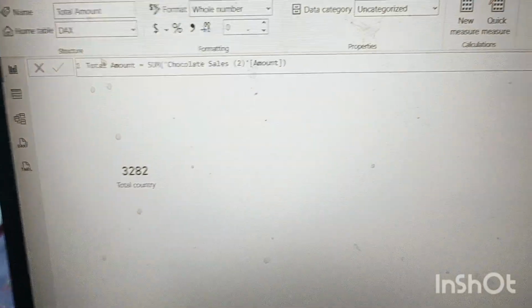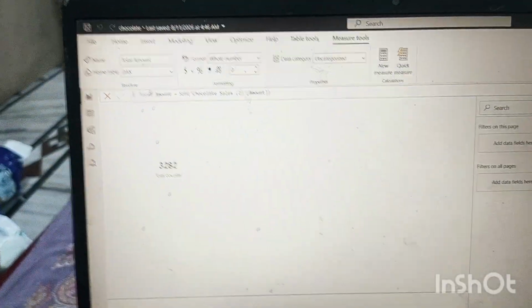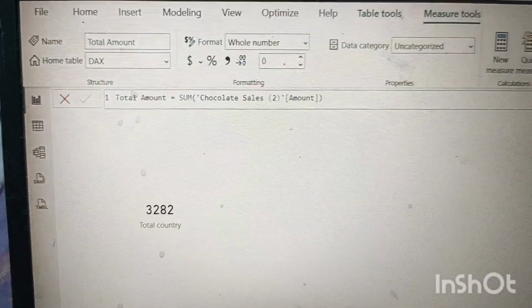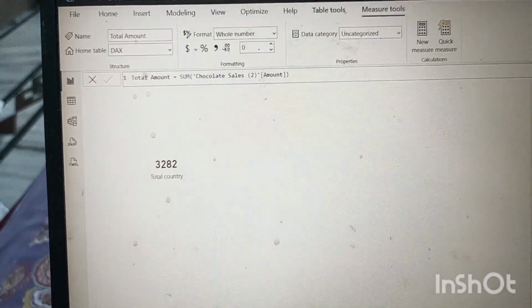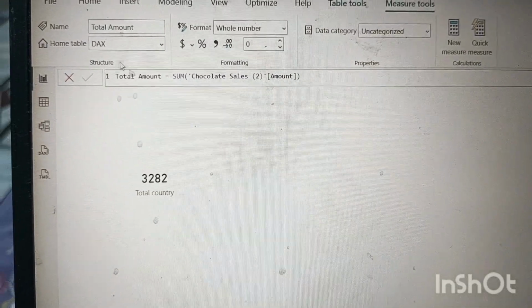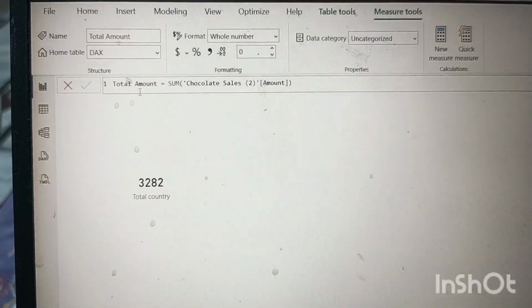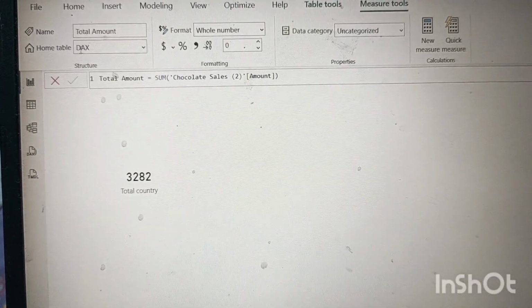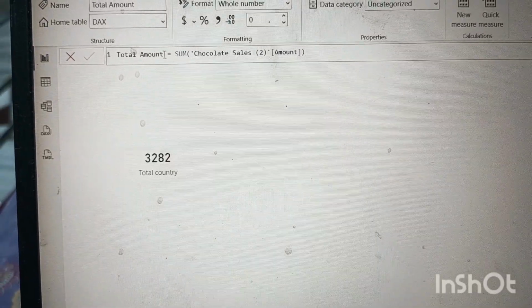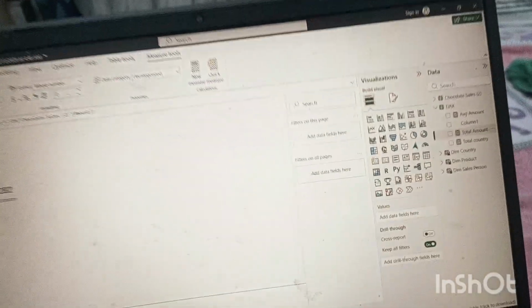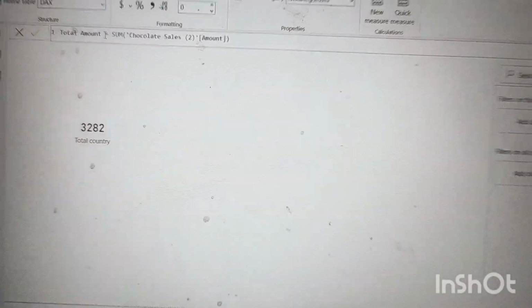are you watching, guys, what I have shared with you right now, that you will have to calculate. How will we calculate total amount? Amount is a numerical value. Are you observing? Amount is a numerical value, so I want to get the total. As in Excel we calculate a total, for that we have written here total amount. What we are going to calculate, what function we are going to use: sum. Why do we use sum?